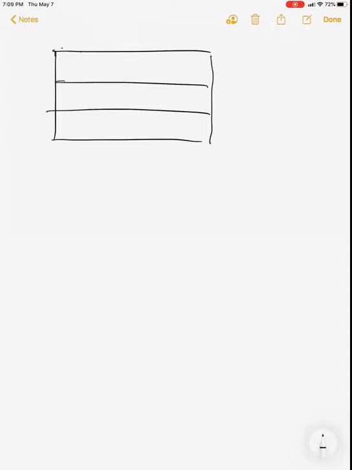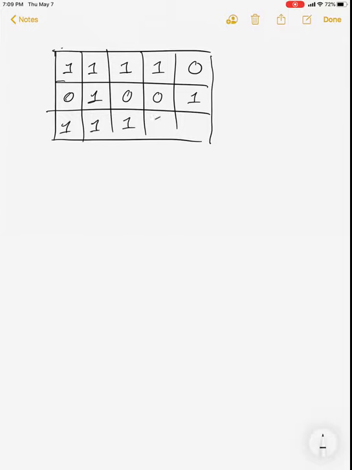Okay, so let's say we have a grid. This is the question. Let's say we have a grid or table, and the values are 0 and 1. Let's say I have 1, 1, 1, 1, 0, 0, 1, 0, 0, 1, 1, 1, 1, 1, and 1. Okay, we have a grid. And let's say our indices are 0, 1, 2, 0, 1, 2, 3, 4. And the question is to find